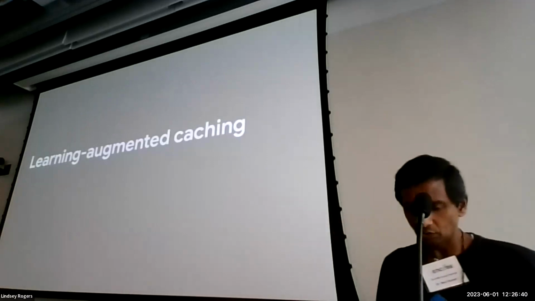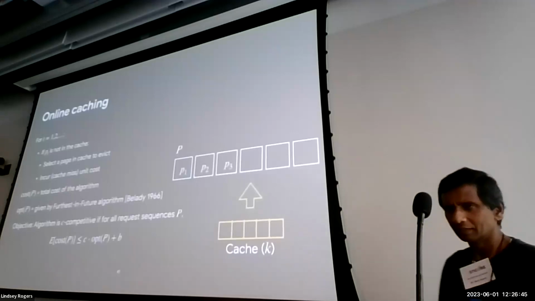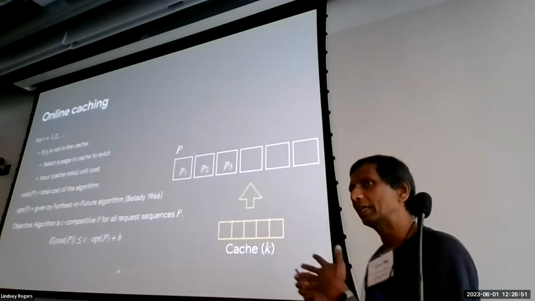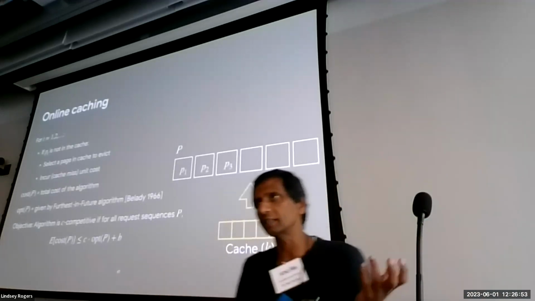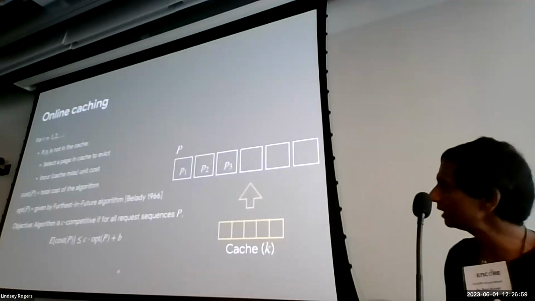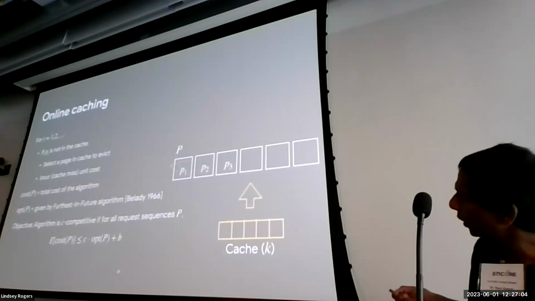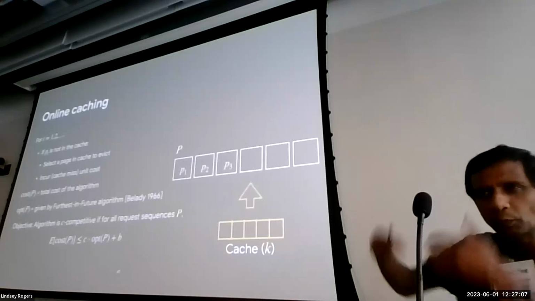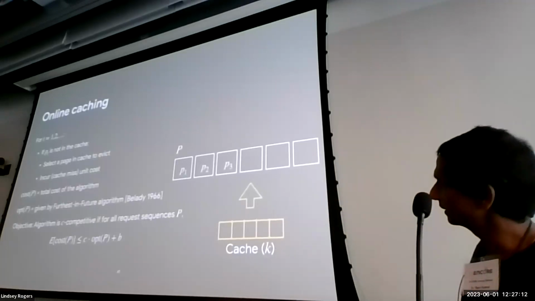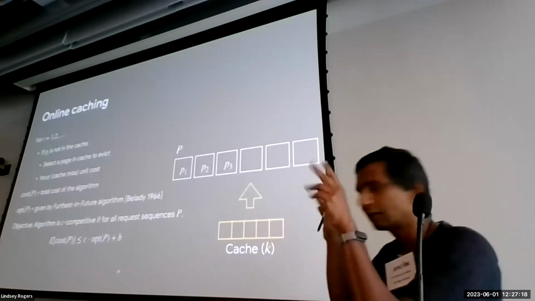Okay, I'll just quickly go over the caching setup in a couple of minutes. That's all I have to say about the online optimization, but I want to give another example of where hints are useful, in a more traditional combinatorial setting, which is caching. The problem I'm sure most of you are familiar with: you have a bunch of pages arriving, and a cache of size k, and the goal is to select items to put in the cache so that accessing them is easier later. It's a classic problem, and the cost of the algorithm is how often I incur a cache miss.